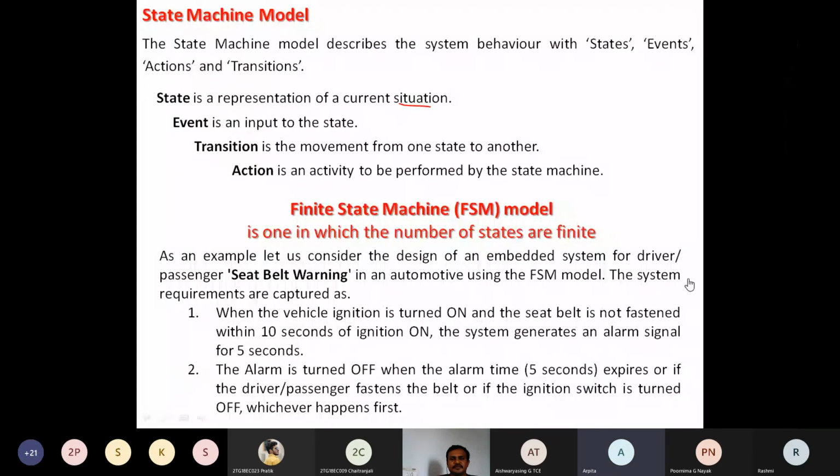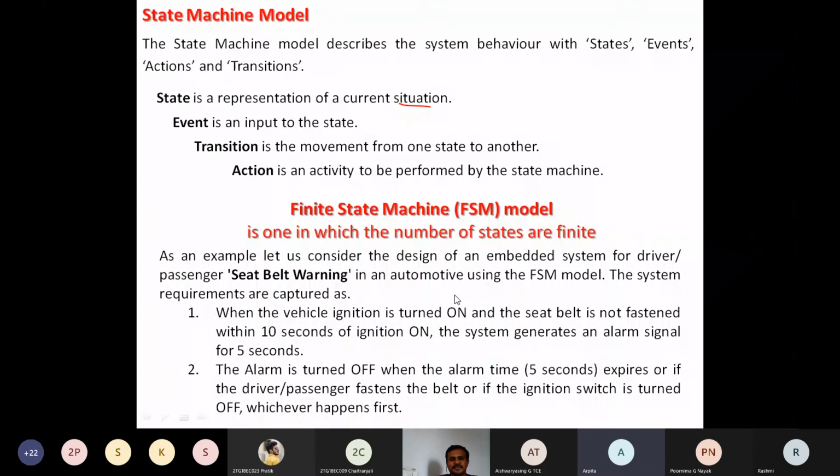Sir, within some stipulated time when the passengers are seated and even the driver is seated, there will be a buckle on the side of the seat, and there will be certain sensors. If we don't buckle within a certain time specified in the system, it will start giving a weird alarm sound, like seat belts. And after locking the system, it will stop.